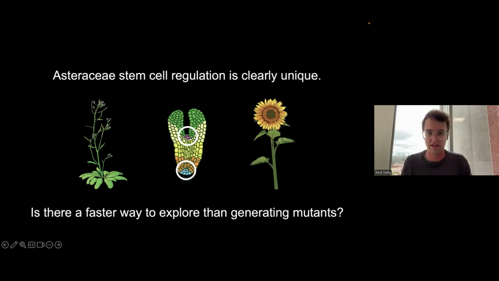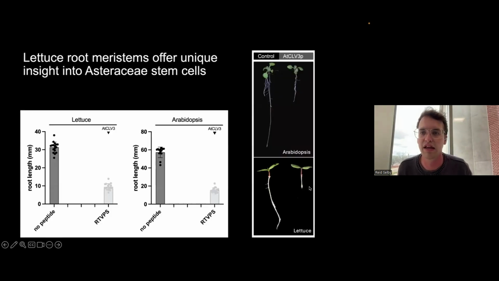And as I said earlier, similar stem cell regulating genes are also involved in root meristem regulation. And so I think that the root might be key to faster analysis here. So turning to roots a little bit,